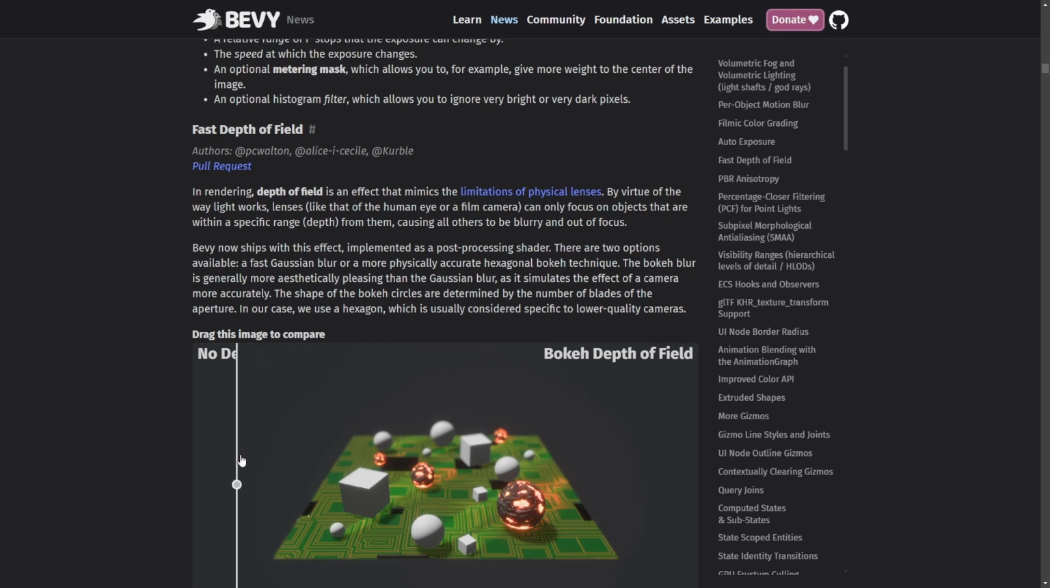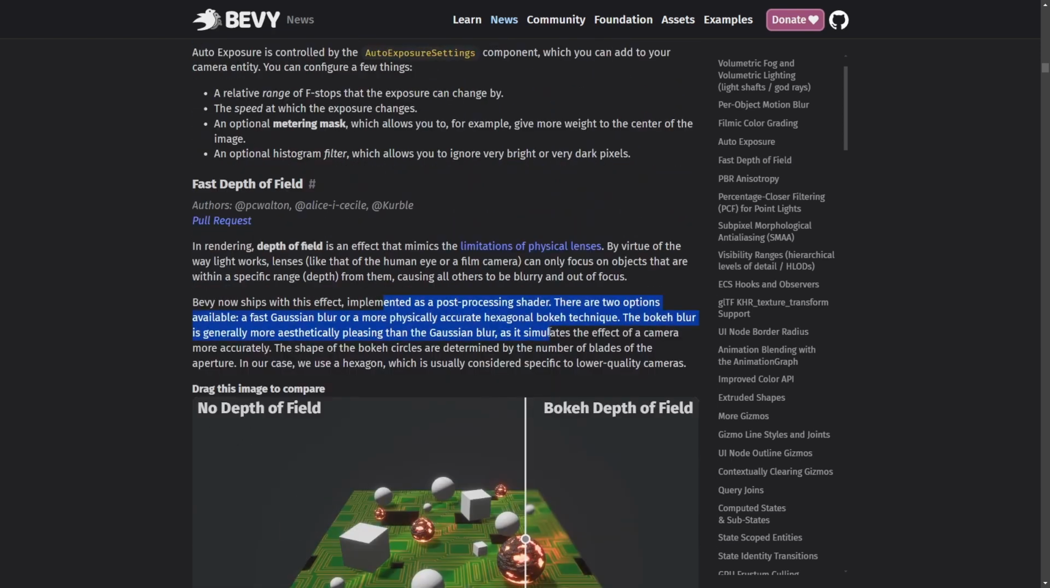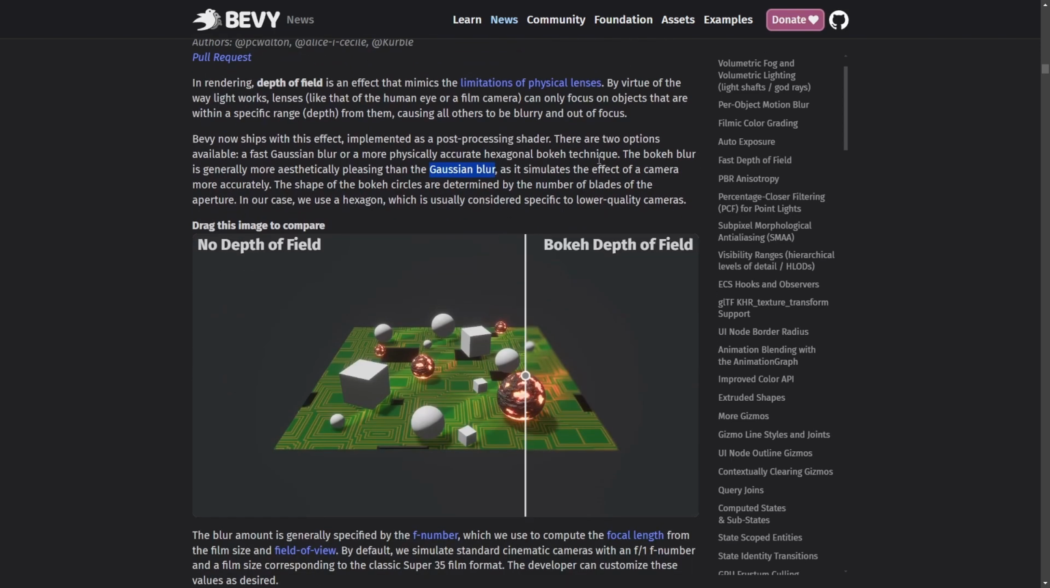Basically, depth of field is the idea that things in the background can be out of focus, things in the foreground can be out of focus, and only the things in the middle are in focus. And so now they've implemented that. They said the default's a Gaussian blur, which is fast, but not the best looking. And then they've got Bokeh blur, which is where the